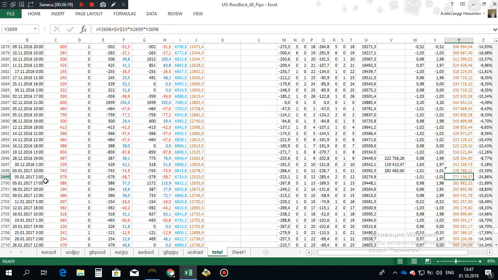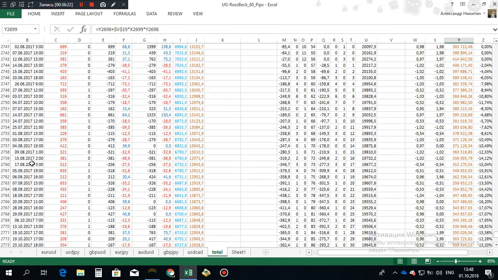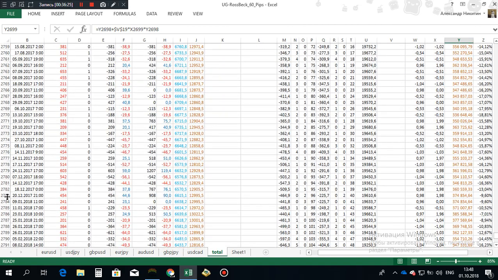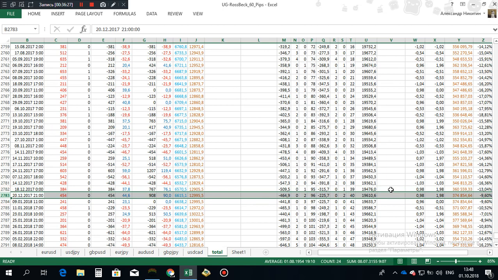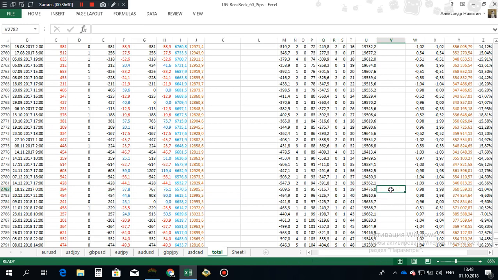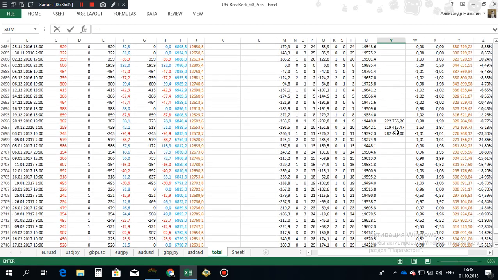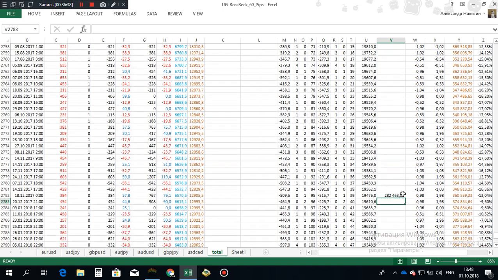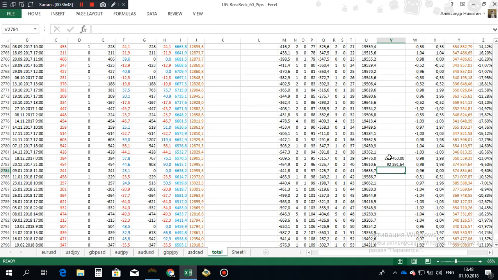Okay, now let's withdraw the money one more time in the end of 2017, beginning of 2018. Yes, okay, it is here, so it equals to our starting account. This equals to what we generated minus our starting account, this one. Yes, 92k. What is 92 if compared to 200k, almost to 300k? It is 30% or so.